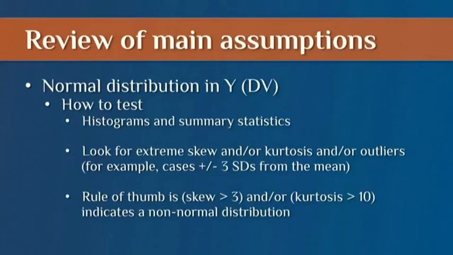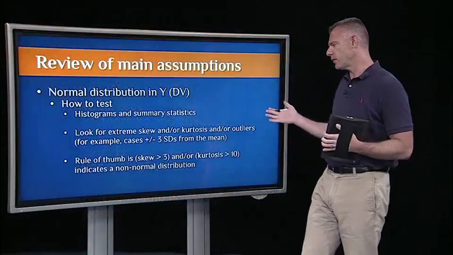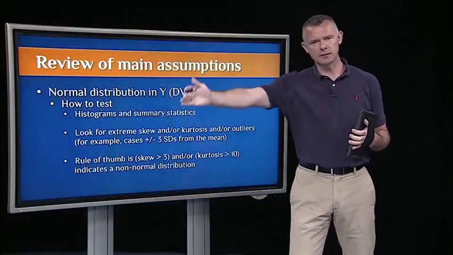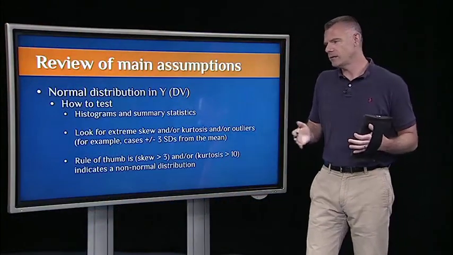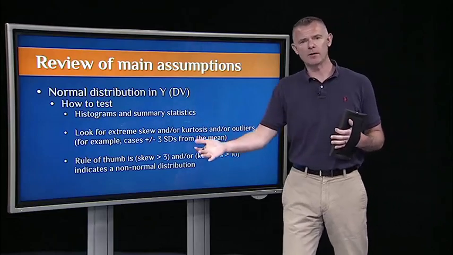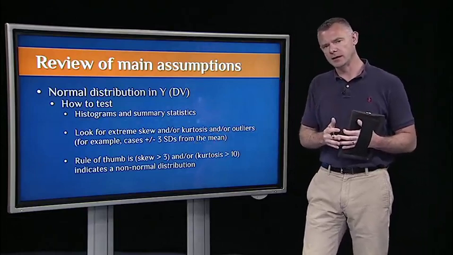And outliers in a univariate sense are often just described as a function of how many standard deviations this case is away from the sample mean. So a common rule of thumb is like 3 standard deviations. If an individual data point is 3 standard deviations away from the group mean, then we might want to consider that case an outlier and maybe drop it from our sample or trim it